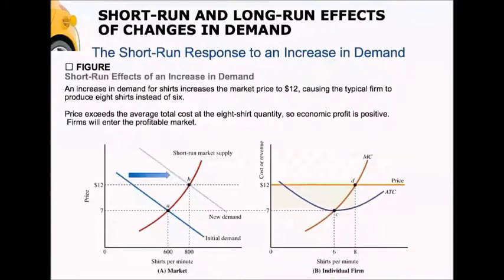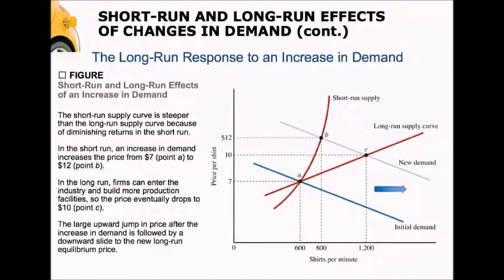If there's economic profits being earned by firms, other firms are going to enter the market. Because remember, in a perfectly competitive industry, there are no barriers to entry. So when a typical firm earns profits, other firms see that and decide, we're going to enter the market. When that happens, there'll be more firms in the market. So when we see the shift in demand,